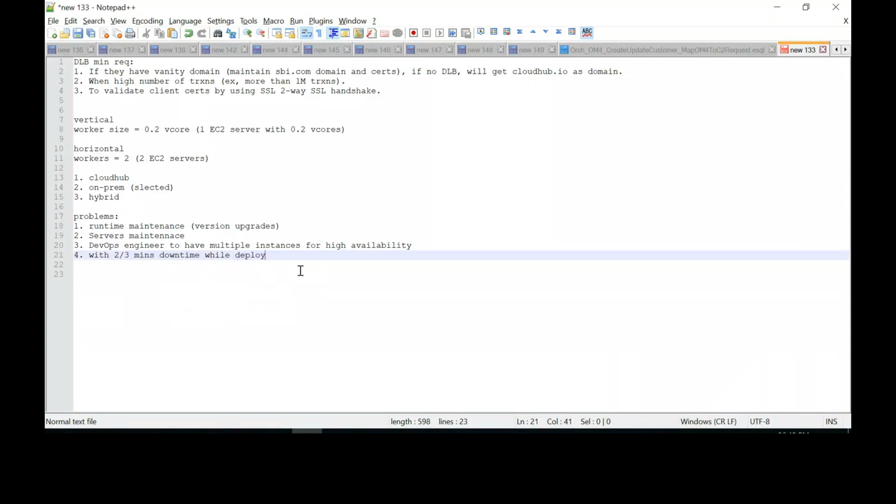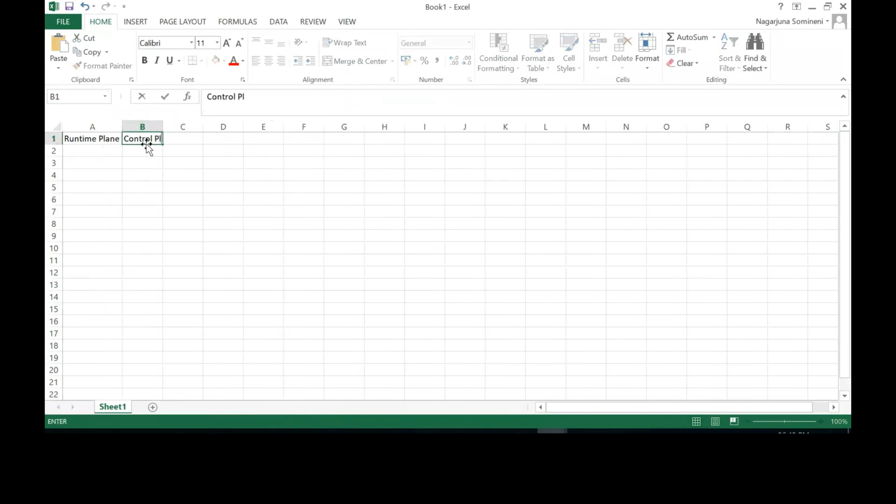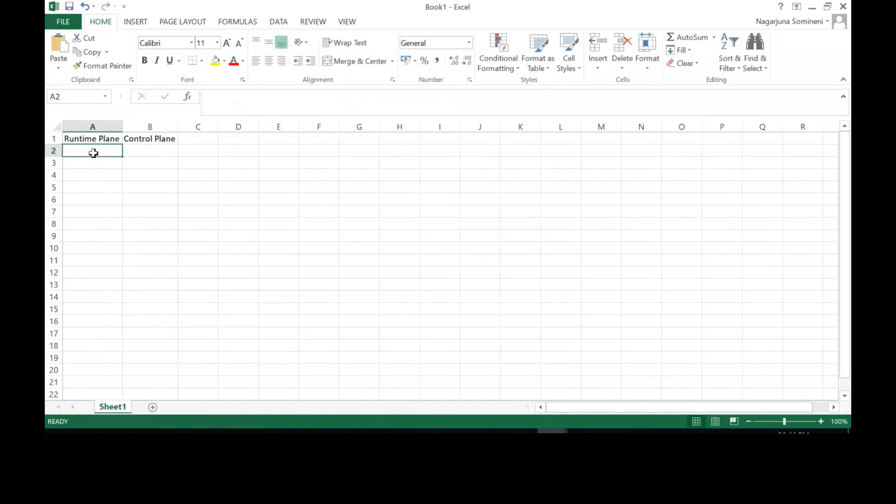The first column is the runtime plane, and the second column is the control plane. In row 2, the runtime plane is on CloudHub, CH for short, and the control plane is also on CloudHub.